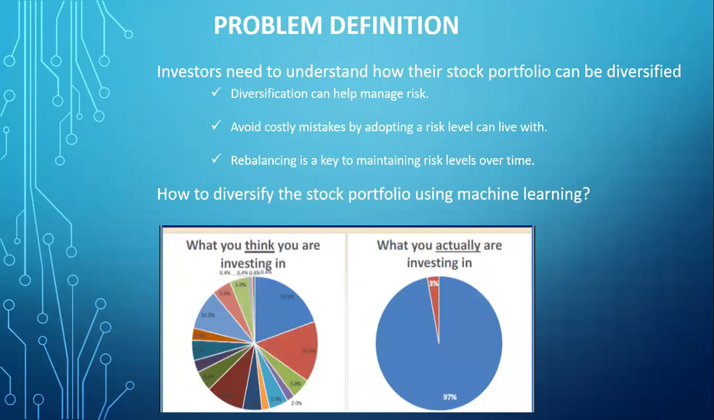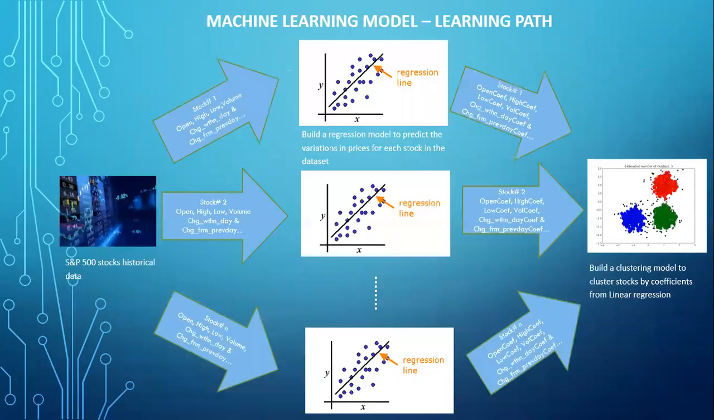So to diversify the stock portfolio better, we need a machine learning model. Let's see how that works. So this is the machine learning model learning path. Here we have two phases. Phase one represents each stock using a linear model, and phase two uses the linear model attributes, and then we cluster the stocks. So here we start with the S&P 500 stocks historical data that has daily stock transactions for